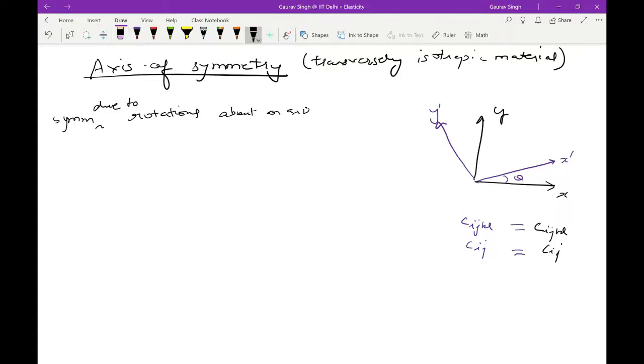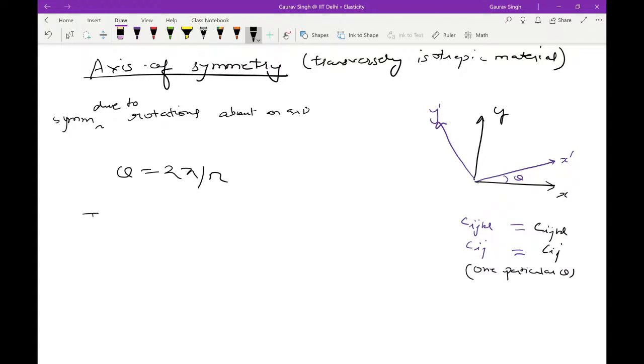Now this is for this one particular theta, and you can imagine that you can have lots of thetas over which this symmetry can hold. For example, if you do a rotation by an angle theta which is equal to 2 pi by n, n is an integer,